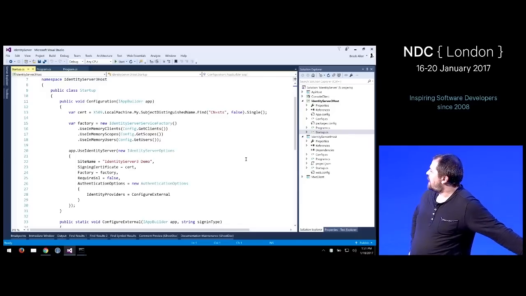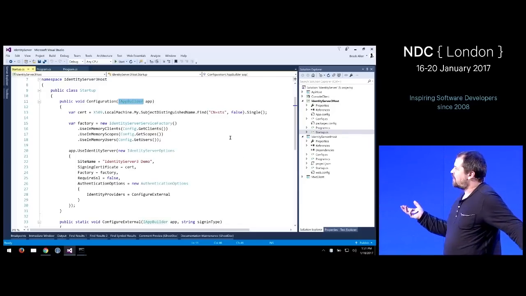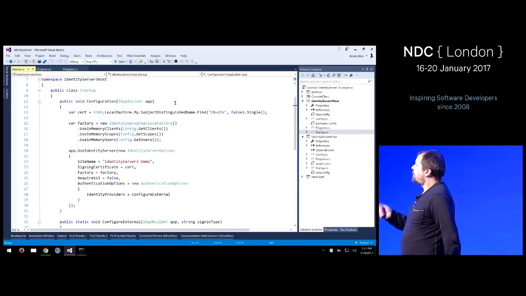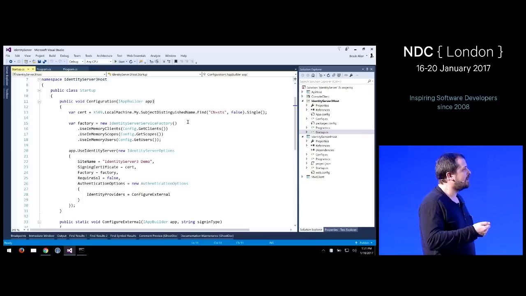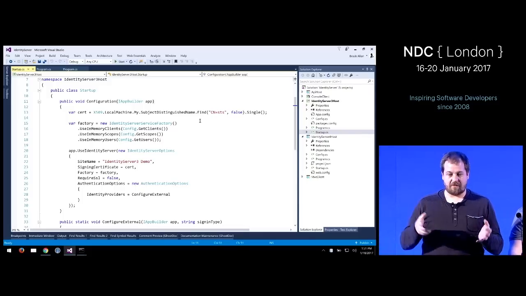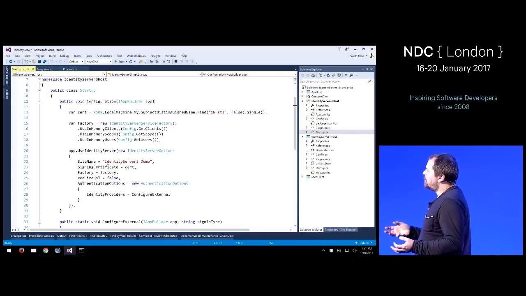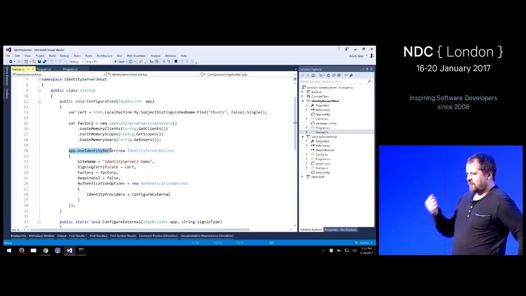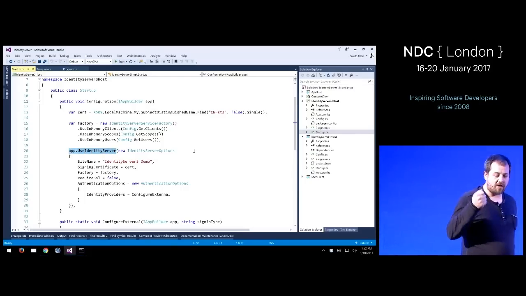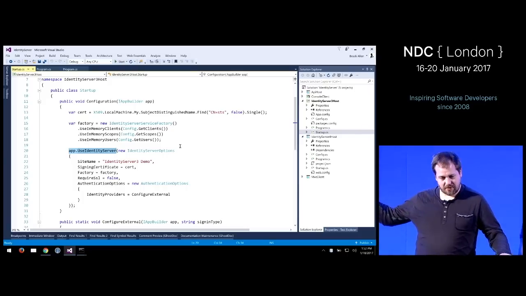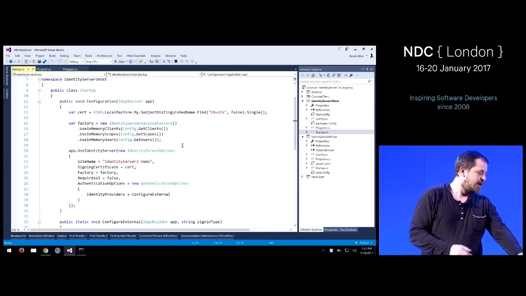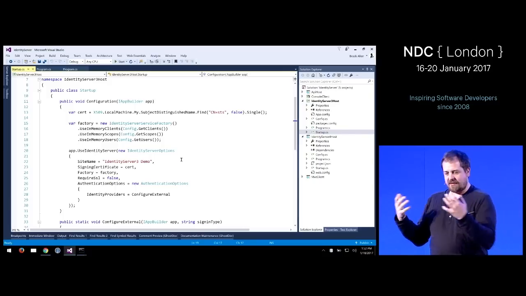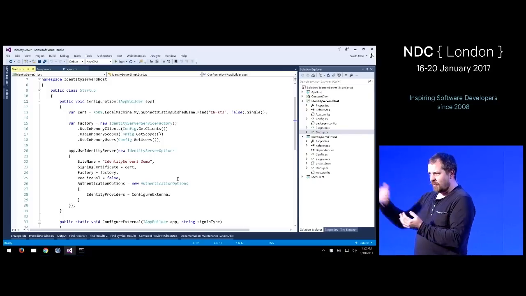So now, how did startup look in Katana? They have this thing called the IAppBuilder. You have a class, you can name it whatever you want, but it must have a method called Configuration, and it passes in an IAppBuilder, and this is basically the thing that configures your pipeline. Then you can wire up what is called middleware in that pipeline, and one of the middlewares, in that case the only one, is the IdentityServer middleware. That's a piece of our code that runs in the HTTP pipeline and processes the requests going to IdentityServer.